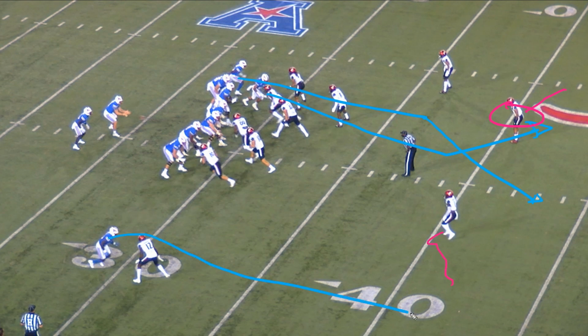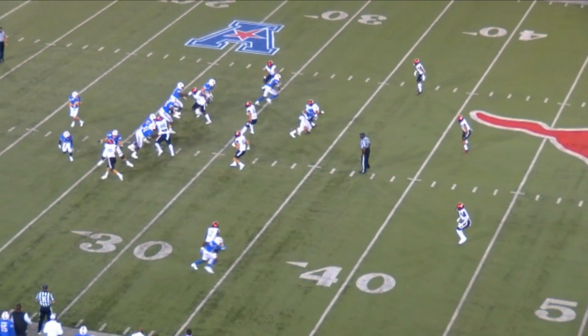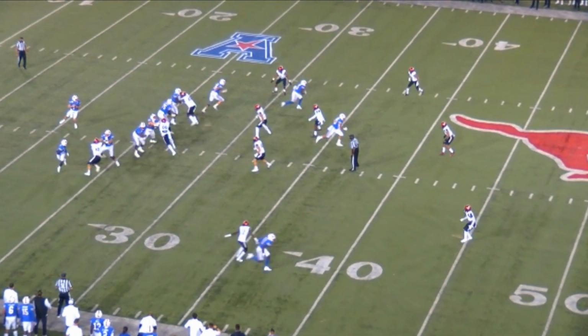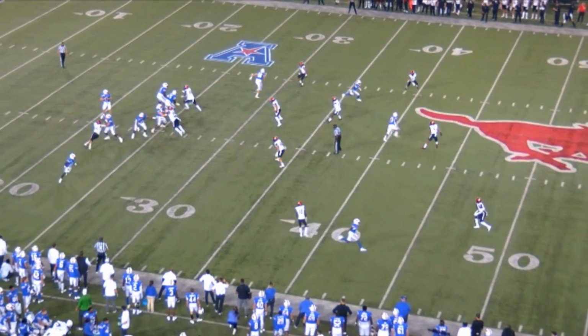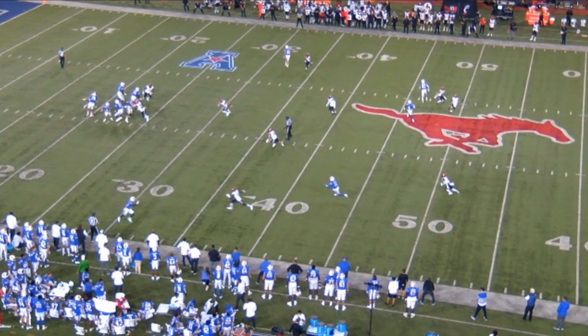I think he ends up running like a curl here. So this is where the ball should go. 100%. I have nothing to do. I have no idea what they're telling him read-wise, but I can tell you I'd bet a significant amount of money that that's where the ball needs to go on time every single time. Right there, top of the drop, hitch, throw it, anticipate it.